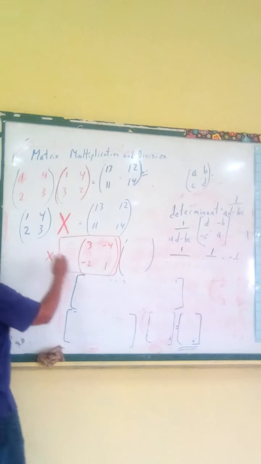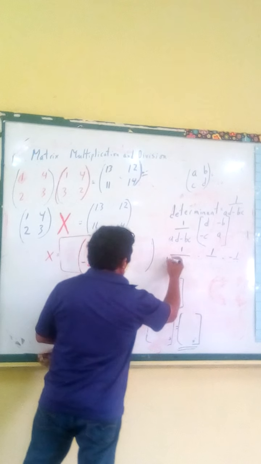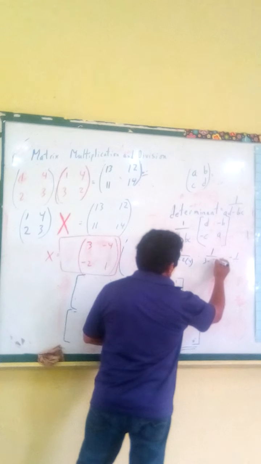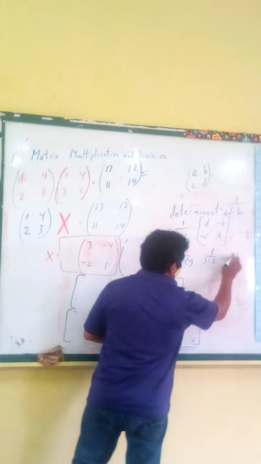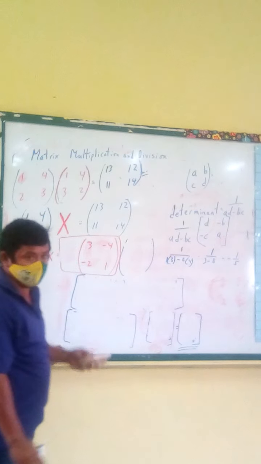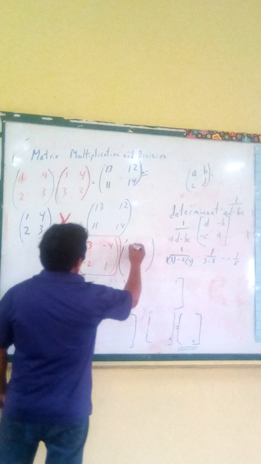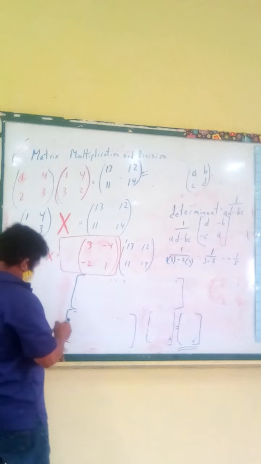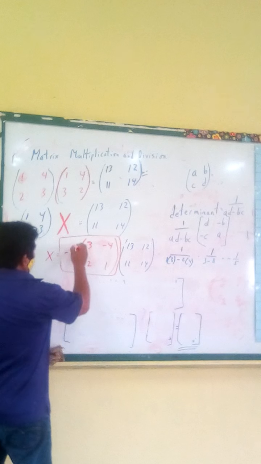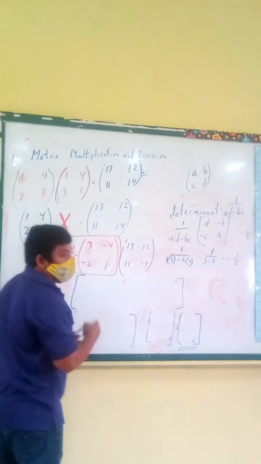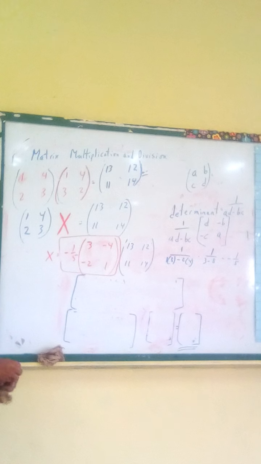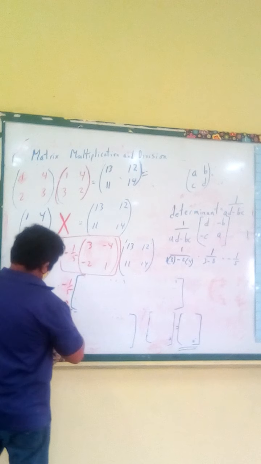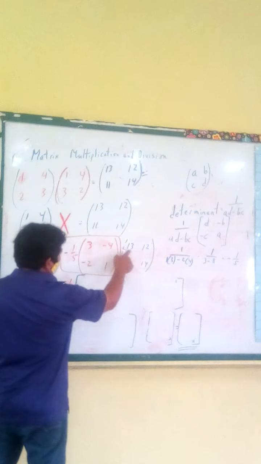So we say 1 times 3, that's 1 times 3 minus 2 times 4, which is 3 take away 8, and -1/5. 4, -1/5. That's there, right? So the next matrix comes here 13, 11, 12, 14. Please remember that if you wanted, you could have worked with a -1/5, but then you will have fractions inside. You don't want to work with fractions. Okay? So you come here -1/5, and you are going to say now 3 times 13